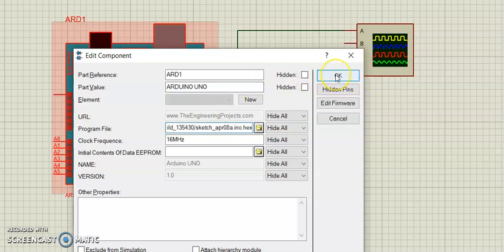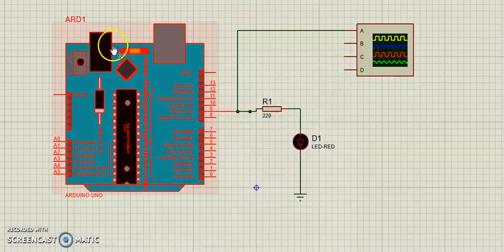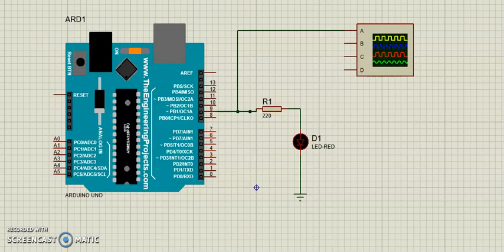Now the Arduino in Proteus is going to work with the code that we have just discussed. That is nothing but to dim the LED with duty cycle of 0%, 30%, 60%, then 100% like that. Now we will observe the same effect.